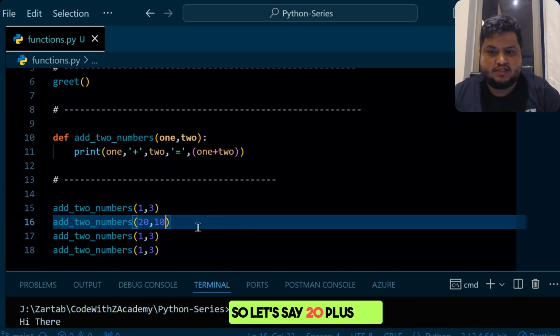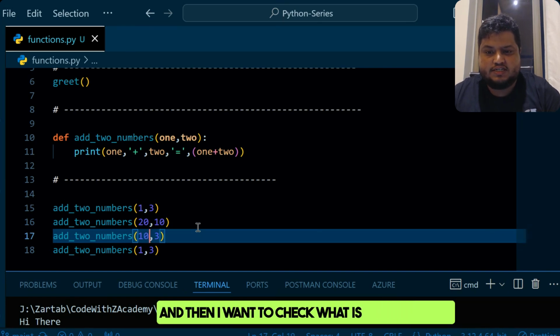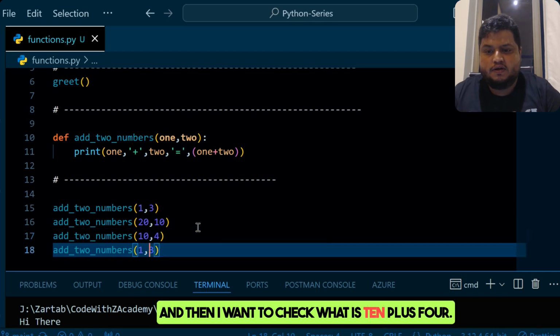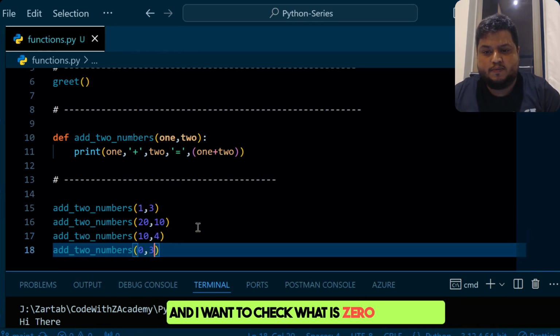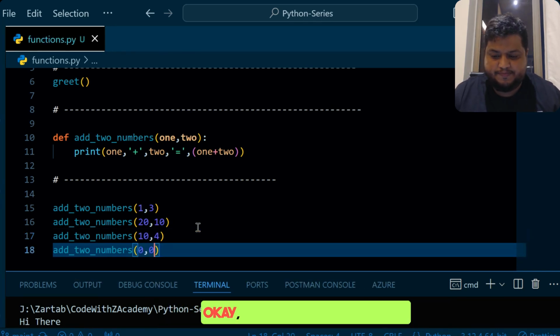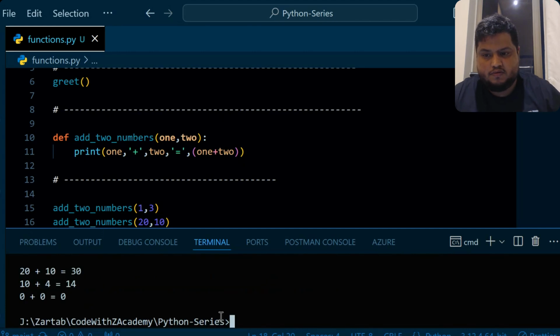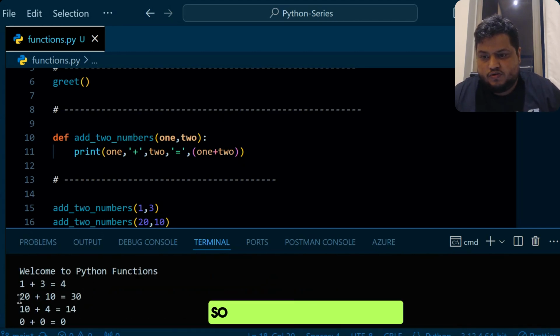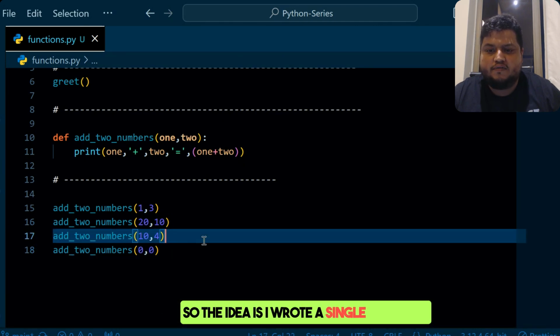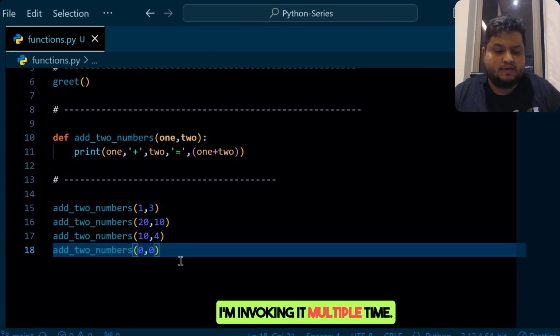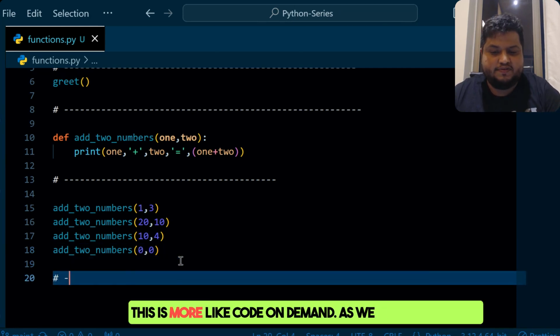So let's say 20 plus 10, then I want to check what is 10 plus 4, and what is 0 plus 0. I can pass any numbers, and now let's see the output. See, 20 plus 10 is 30, and so on. The idea is I wrote a single function and I'm invoking it multiple times. This is more like code on demand, as we were discussing.